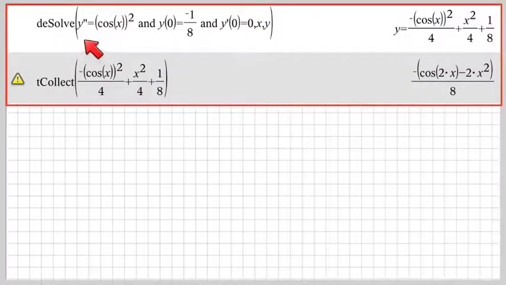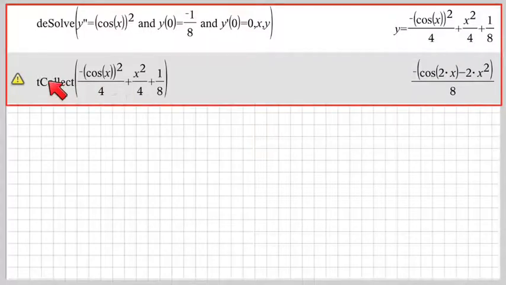That's y double dash equals cos x all squared, and y(0) equals minus 1/8, and y dash (0) equals 0, comma, then the independent variable, comma, then the dependent variable, and then close bracket and hit enter, and you'll get this delightful expression over here, which, if it's not to your liking, I'm about to show you this marvellous little